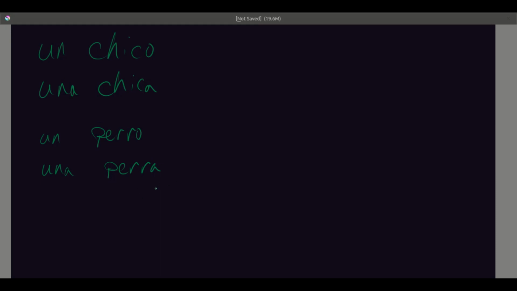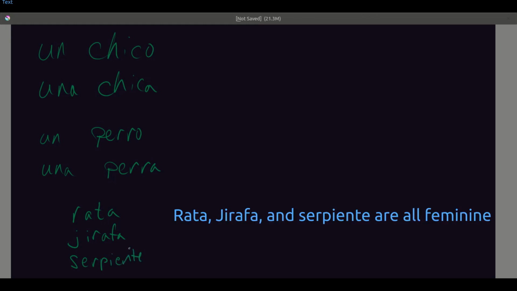There are some living creatures whose gender does not reflect the sex of the animal, like a rat. So whether you have a male or a female, you're going to have rata. Whether you have a male or a female, you're going to have jirafa. And whether you have a male or female, you're going to have serpiente. Alright, so rata means a rat, jirafa means a giraffe, and serpiente means a snake. And once again, whether it is masculine or feminine, male or female, it is going to carry rata, jirafa, or